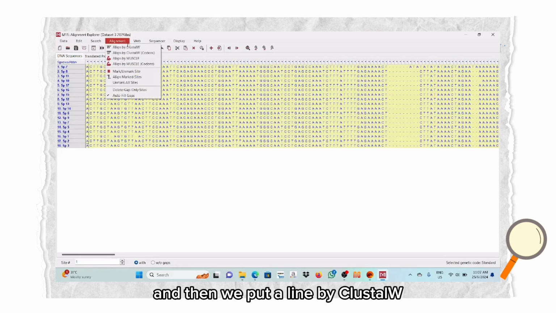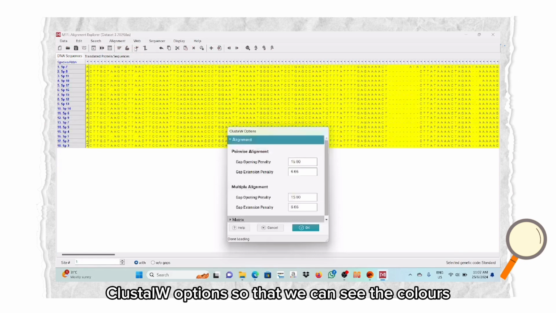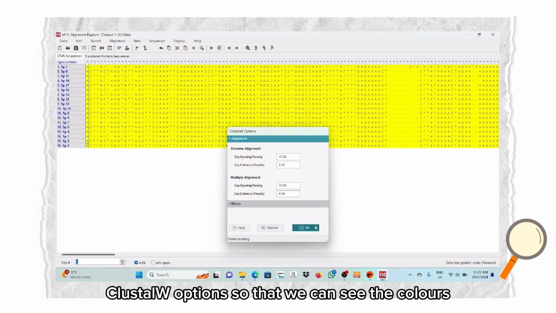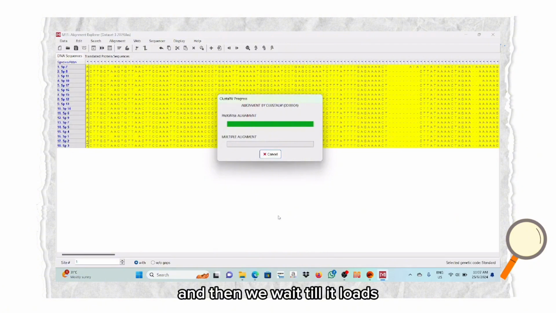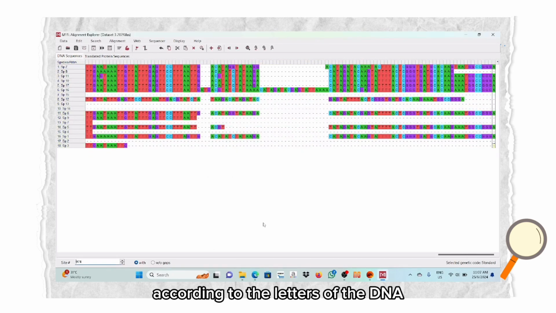And then we put align by ClustalW options so that we can see the colors, and then we wait till it loads. So we have the colors according to the letters of the DNA. And then the next step is